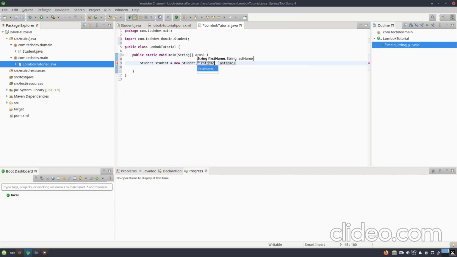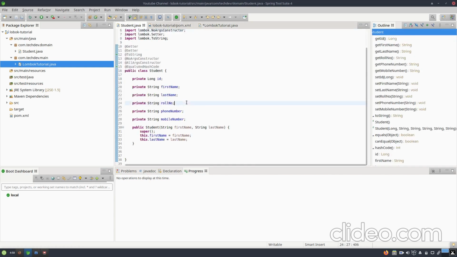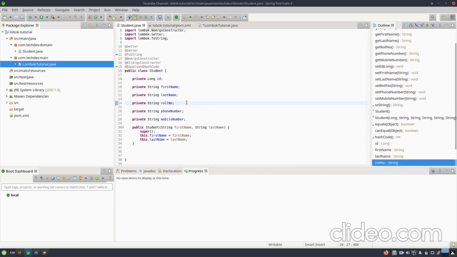But for this it is fine. What will happen if you have more than 20 to 30 parameters in your student class, and you want some parameters to be ignored, and sometimes you want 3 parameters to be constructed, four parameters, and something like that?